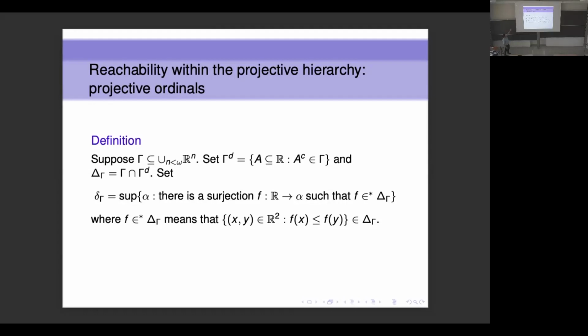Gamma is just a point class, but in descriptive set theory they used to call this gamma a point class. Gamma dual is supposed to be written with a smile on top, but I didn't know how to do that. So anyway, gamma dual is just this collection of the complement sets in gamma, and the delta portion is the things that are in